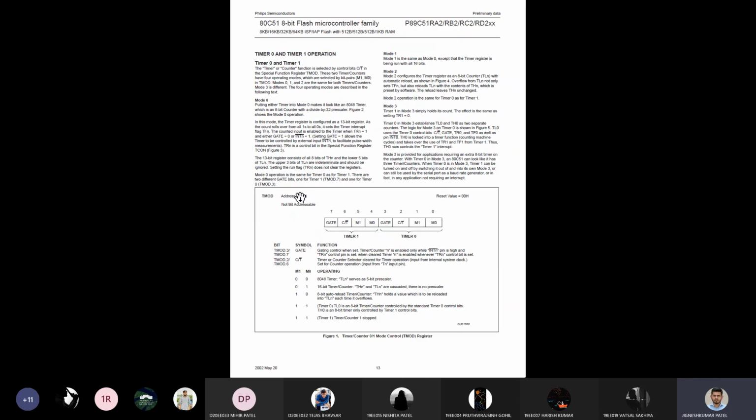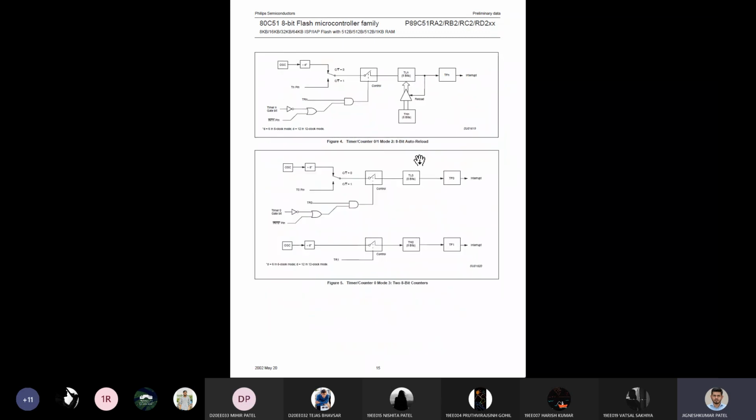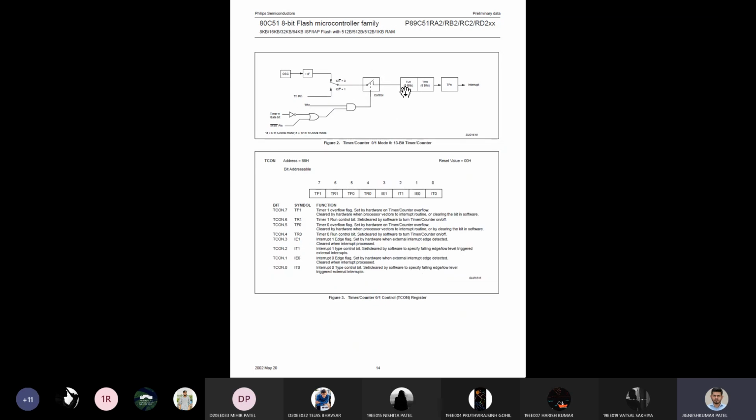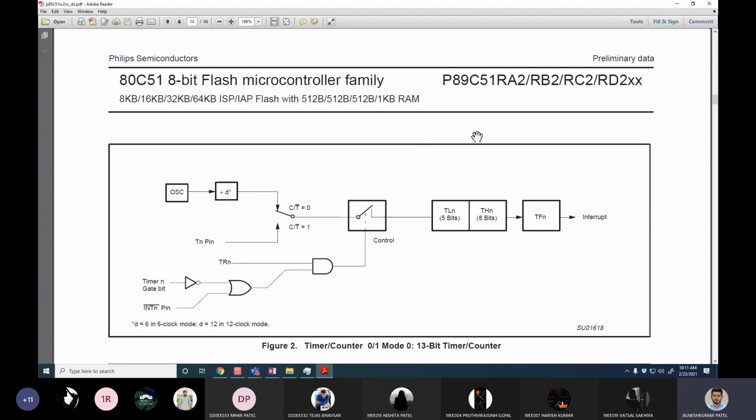So these two SFRs are there, using which you are going to control a timer. Whatever I say, like gate, TR0, TF0 or C/T, is part of some register, either TMOD or TCON. You have to remember both registers, their structure and all the bits. You have to remember this diagram as well as this diagram. We are going to cover all the diagrams, but right now we are focused on this diagram. We'll stop here for today's session. If you have any questions, you can ask.